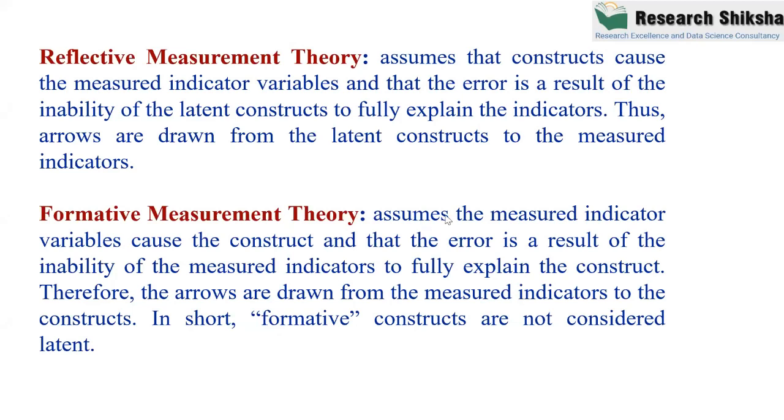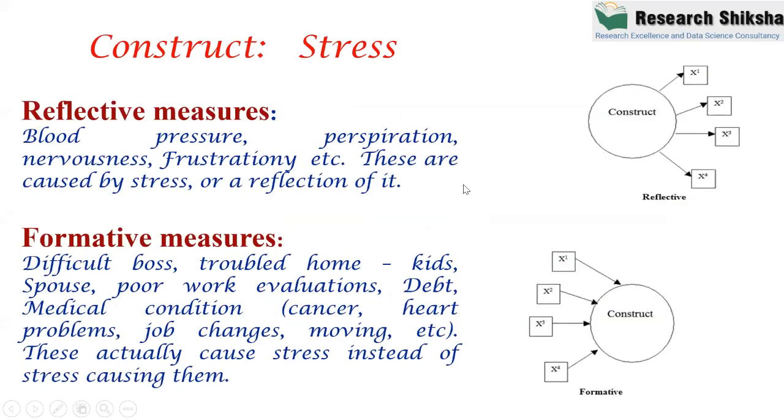And let me show you the types of constructs. In this slide, you can see that the formative constructs look like this. This is a formative construct where the arrow emerges from the items and joins the construct, so the tip of the arrow is here. And in a reflective construct, the tip of the arrow is toward the items. So this is the basic difference between the formative and reflective constructs.